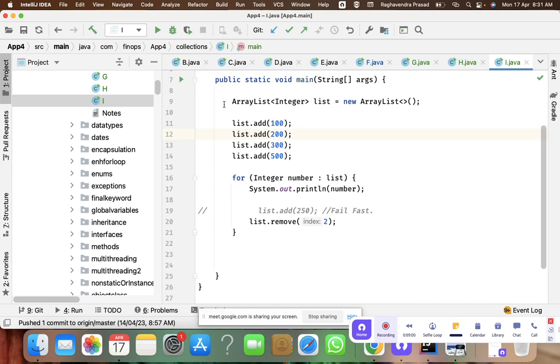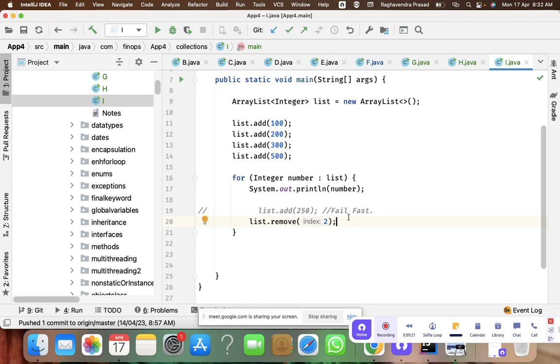They will write a program like this, right? And then they'll write a for loop, and then they will try to add some method inside this, except printing it, either add or remove. Then they will ask what will happen. You need to tell concurrent modification exception because this is a fail fast operation. The reason is